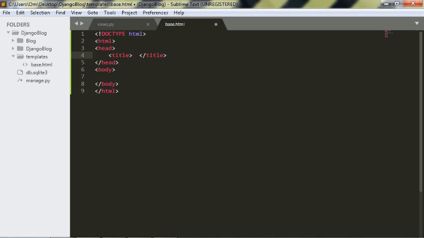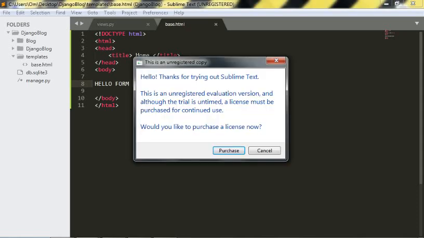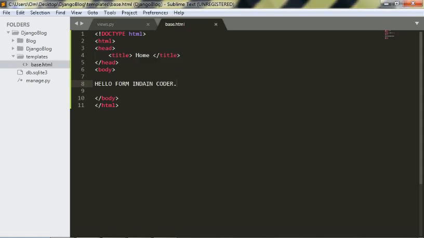In Sublime Text, it gives you a template to work with. Now let us type hello from Indian Coder. Now let us save it, and let us head to our application.